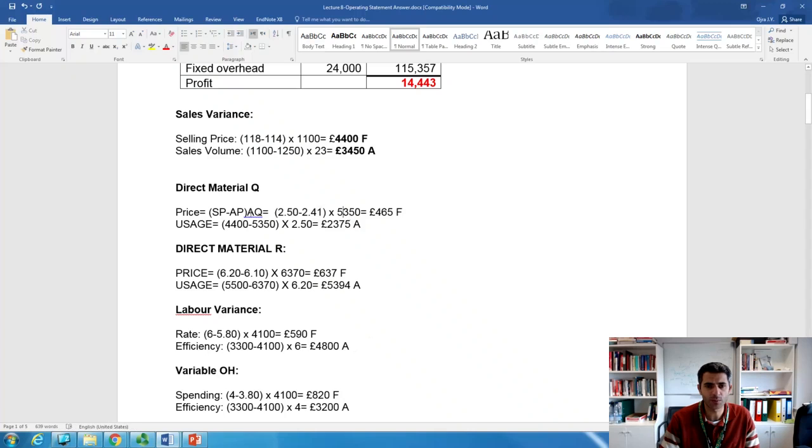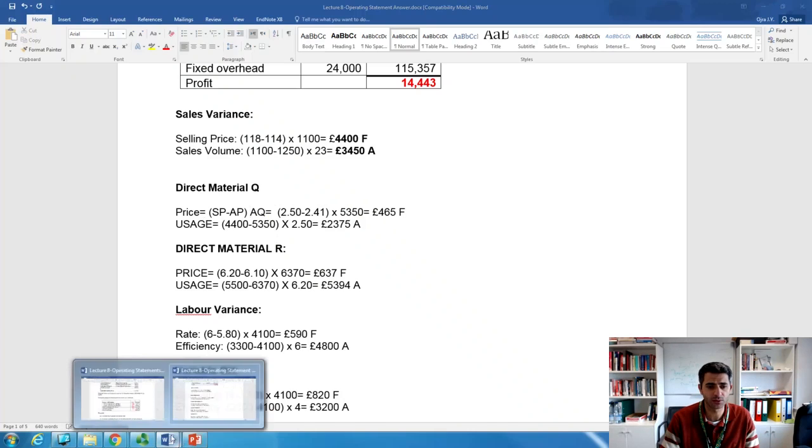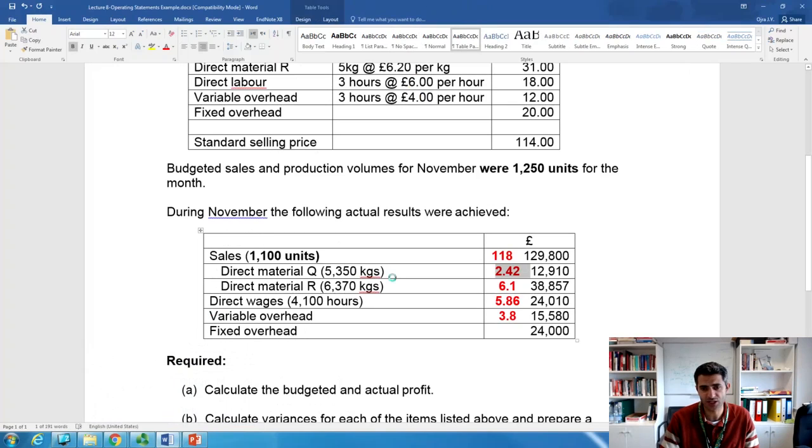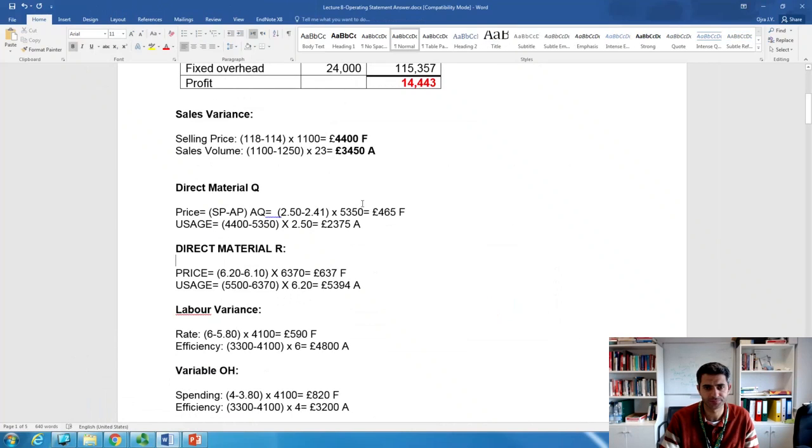You need to multiply by what? By the actual quantity for Q. And if you look at Q, you will see that the actual quantity is 5,350 kilogram. And here we go. So the answer is 465 pounds. It's favorable. Why is it favorable? Very simple, because the actual price per kilo is less than the standard price per kilo, and that's why